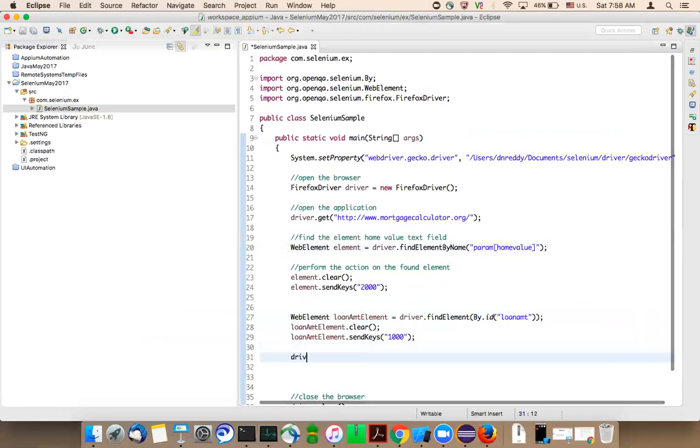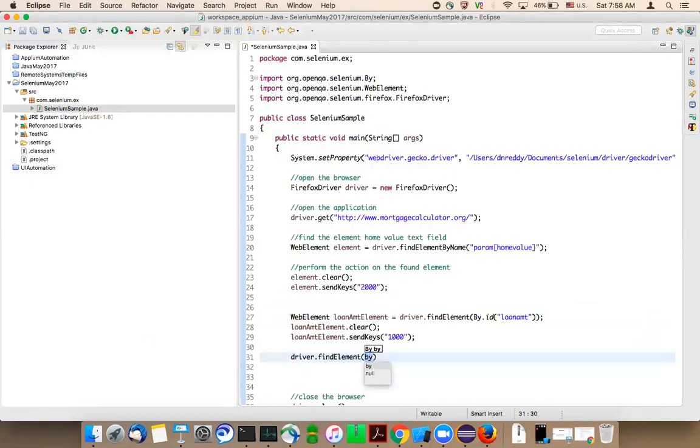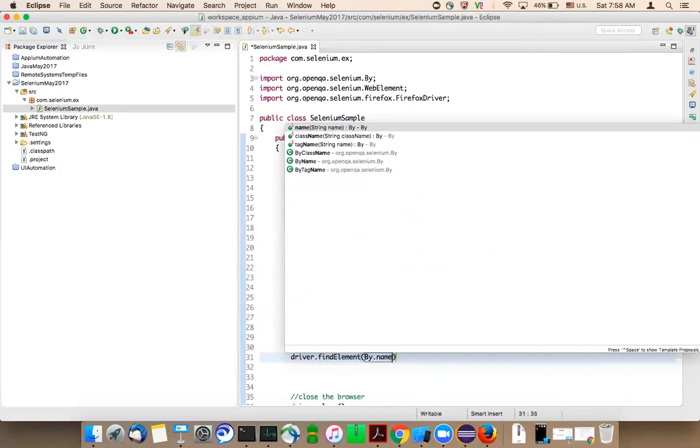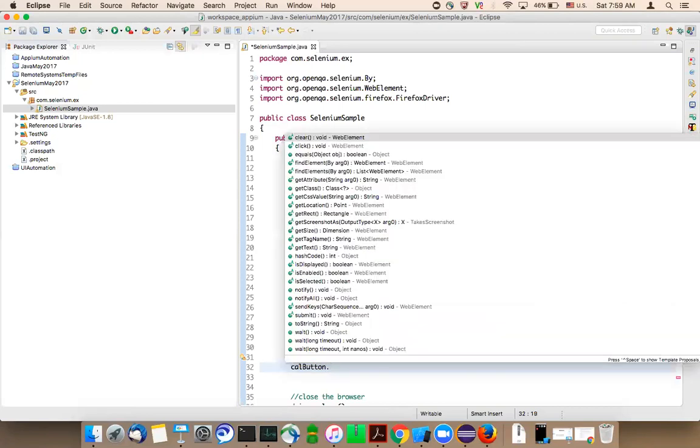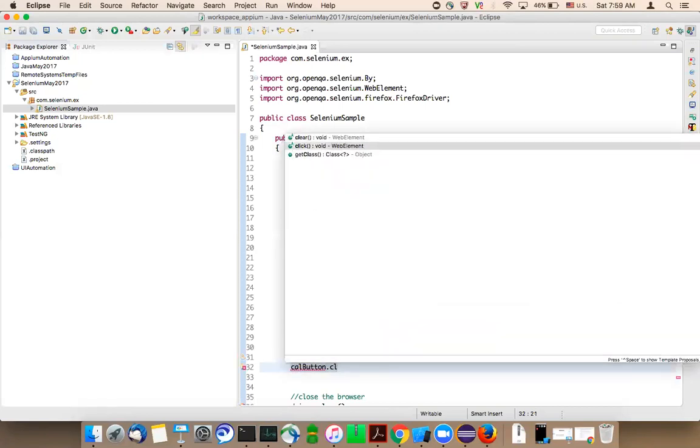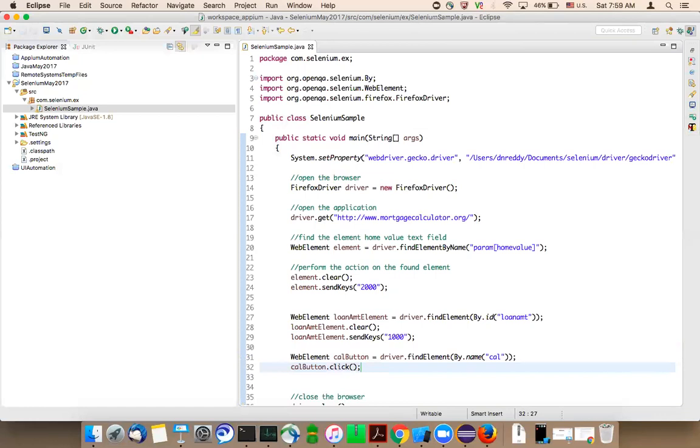No. Driver dot find element by dot name. And remember, the method find element returns a web element. So that's what we need. Found the element and perform the action on the element. It's a button, so I can only do click.